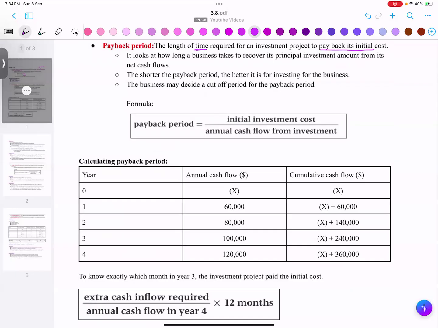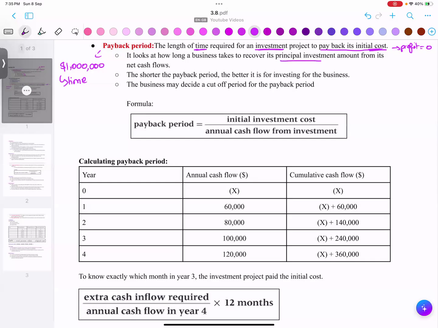So if a project costs $1 million, then we need to see the amount of time it takes to make $1 million from this project, to bring back its initial cost. That way, the profit would be zero in this case, just because it brings back the initial cost of what they spent for the project. What they invest in the project is very important because it's an investment. It's called an investment appraisal, right? So it looks at how long a business takes to recover its principal investment amount